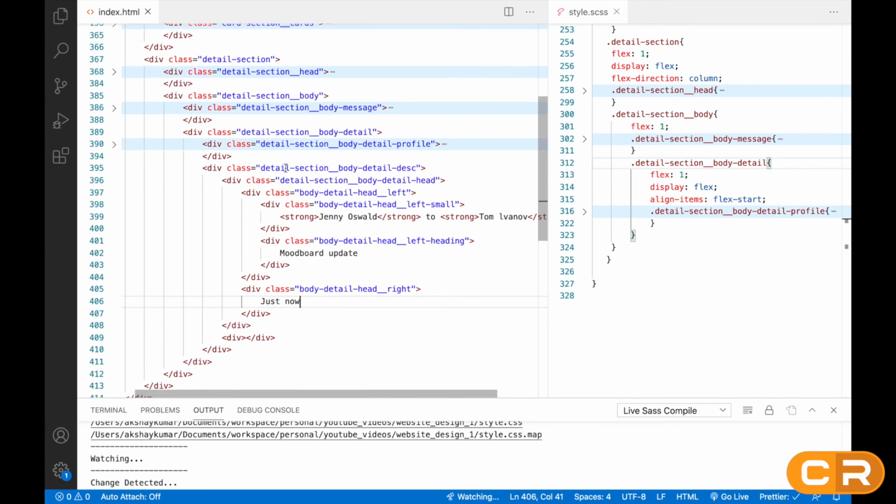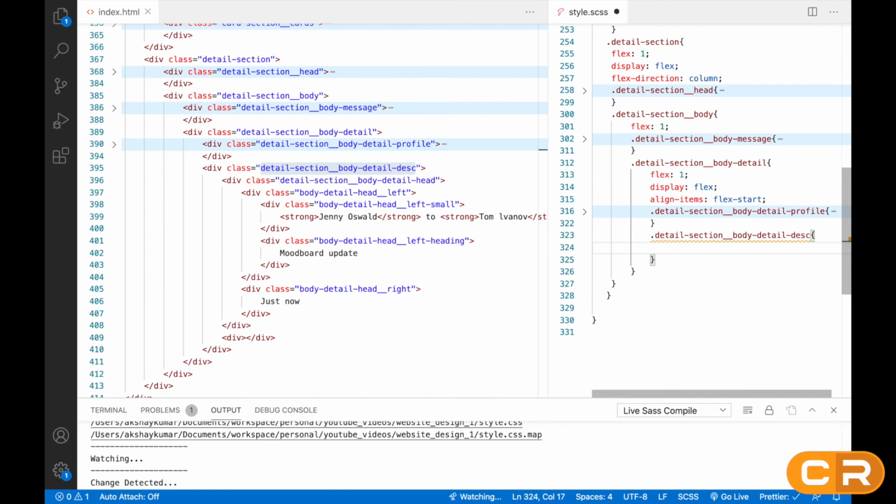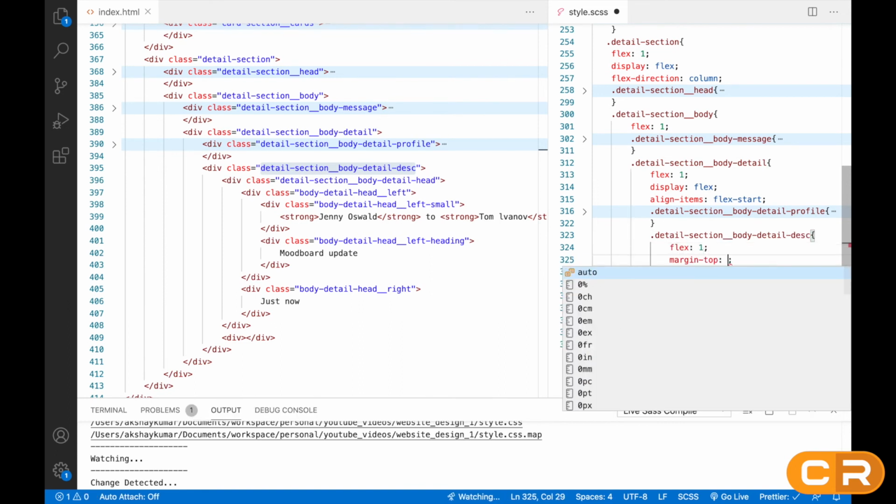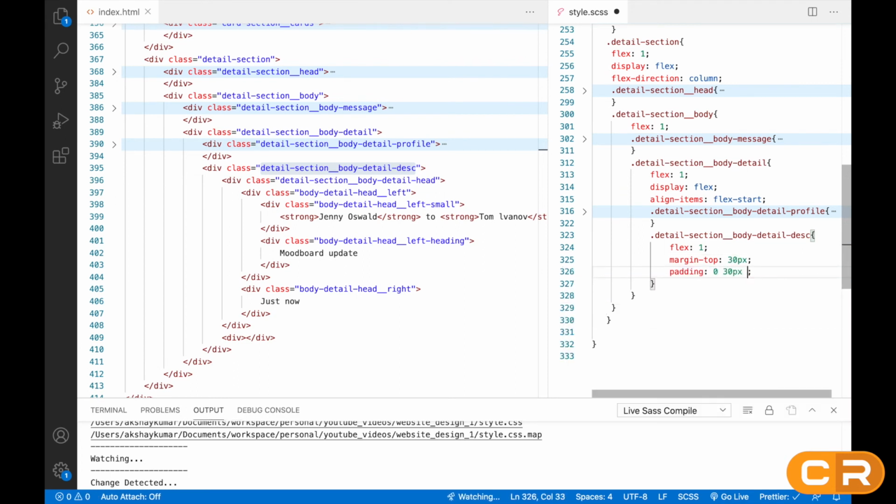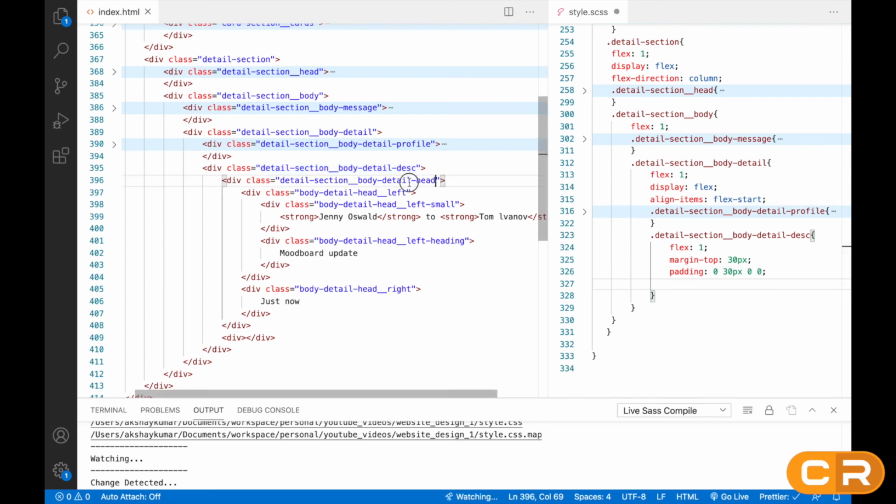So after this profile section, I will just copy this class. So for this description class we'll write flex 1, margin top, that will be 30 px, padding will be 30 px, 0 and 0. We'll take this head class, detail head class.